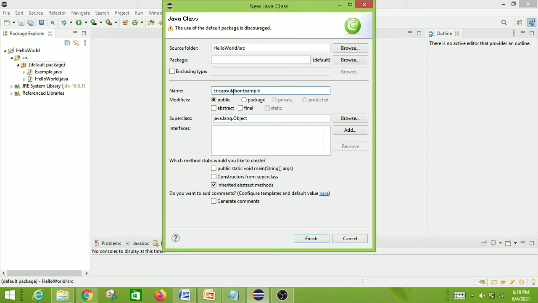You have to give the right name for the corresponding classes, because we are using the page object model design pattern, right? So we would be having one login page, one home page, etc. We have to write the appropriate name for the classes. Then only we can easily identify all the corresponding pages and their classes. For example, for login page we can say login page, and for home page we can use home page. In that way we can name the corresponding classes. That would be more readable and organized. I'm not adding public static void main. So I'll click on finish.